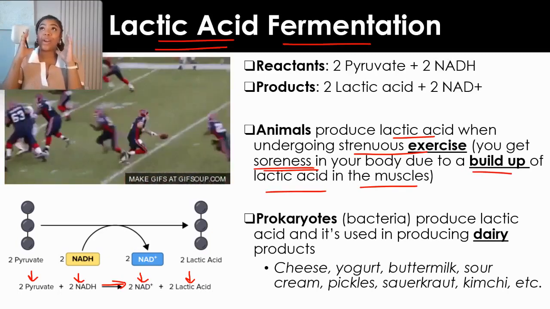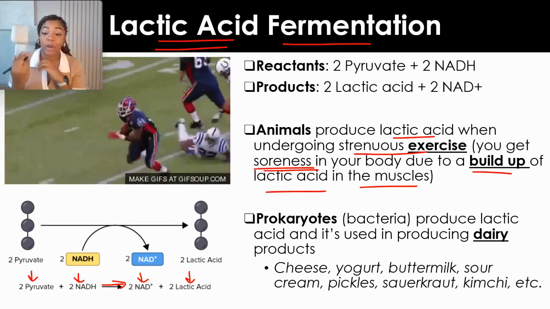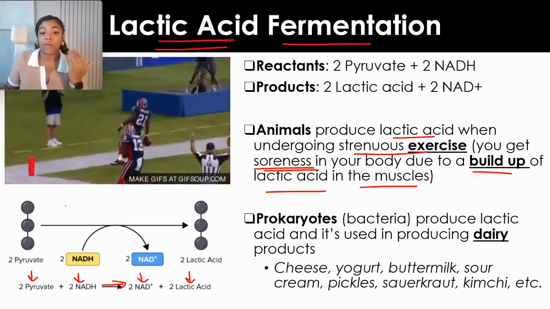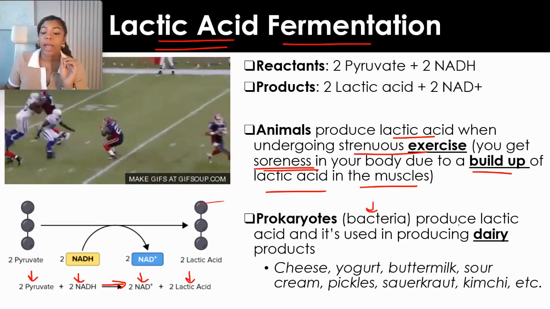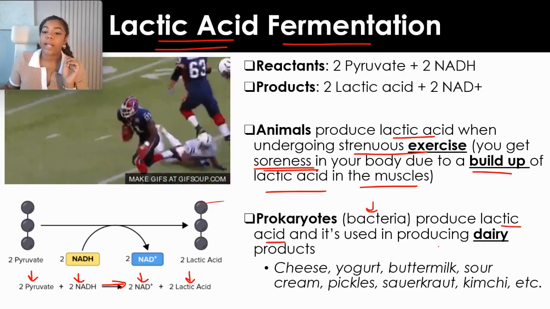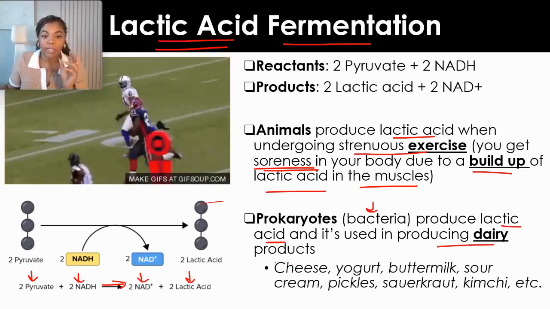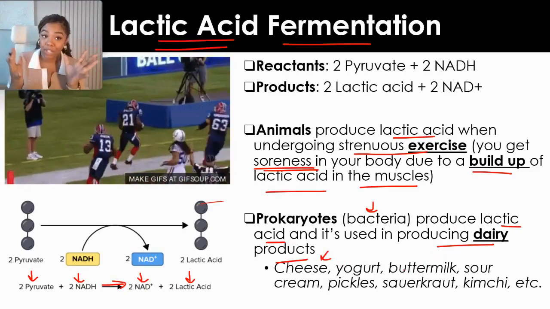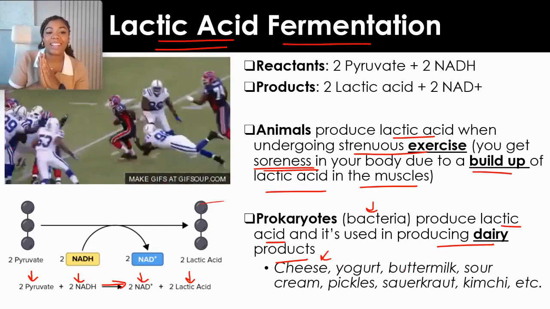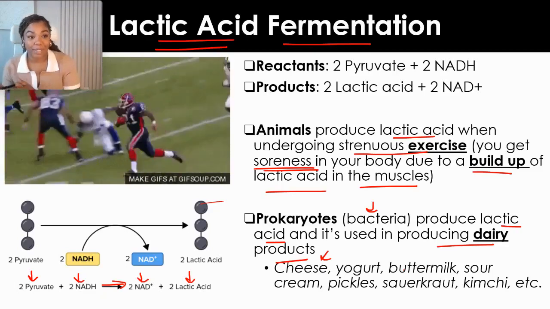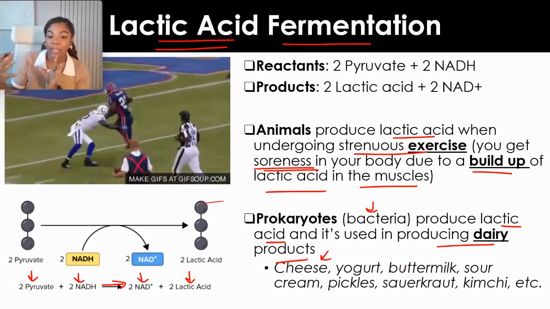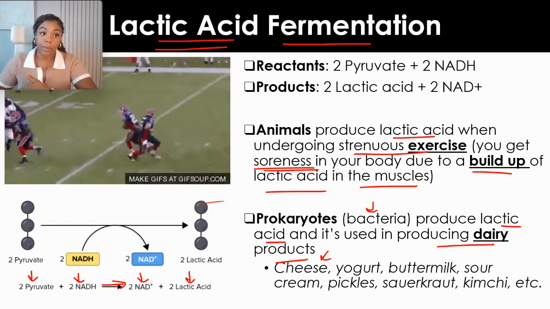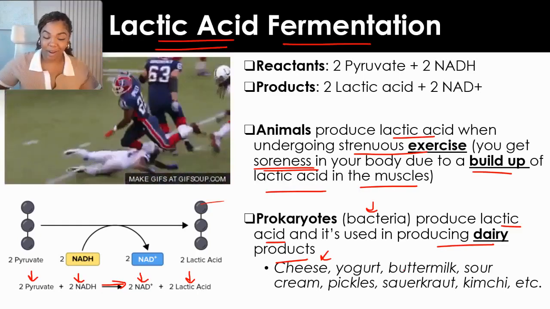So that's how you know your internal environment had less oxygen and your body was in survival mode, switching from respiration to fermentation. Prokaryotes, which we know are bacteria, produce lactic acid as well, but instead it's used for dairy products. So if you eat cheese, yogurt, buttermilk, sour cream, pickles, kimchi, that is due to the process of lactic acid fermentation. The only reason we get those is because we put these products in an environment where we decrease the amount of oxygen to cause them to ferment,